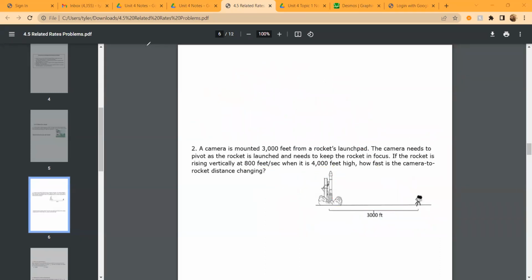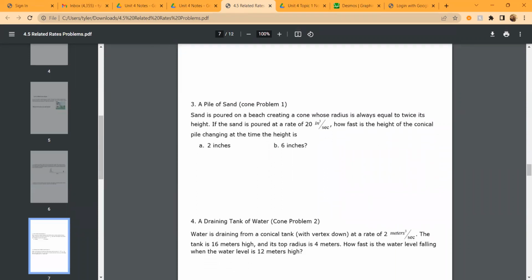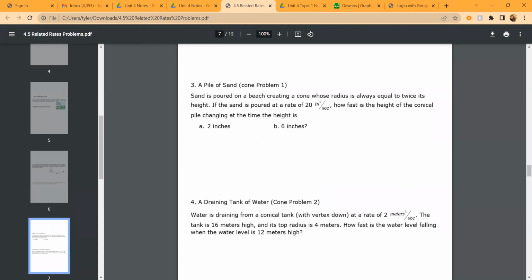All right, let's try to move away from triangles and move into cones. What exciting times. Looking at cones. Love it. All right, so for this one, sand is poured on a beach, creating a cone whose radius is always equal. Ooh, look at this. Look at this always we're gifted with. That's telling us that we have this constant relationship. Is always equal to twice its height if the sand is poured at a rate of 20 inches cubed per